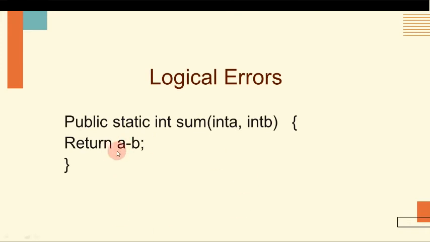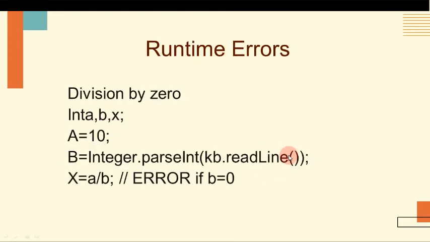Let's see the example here. In this program segment, or I can call it a snippet, you get no syntax error. There is no error in the program, but you cannot get the correct output. The mistake here is an error in the performed computation: this method returns wrong. See, return a - b. You cannot return a and b together. Either you have to return a or return b. So this kind of error is a logical error. It cannot take a - b; any one can be used. This is a logical error. Next one is runtime error.